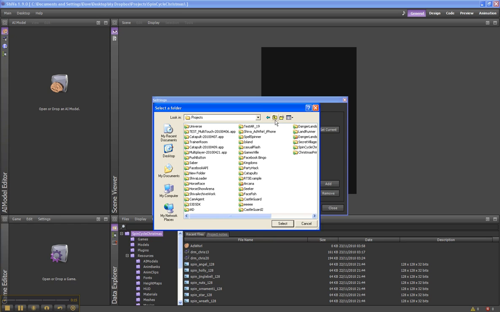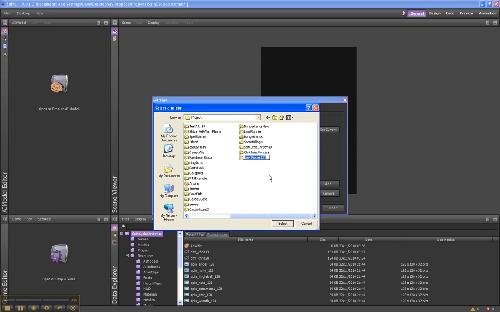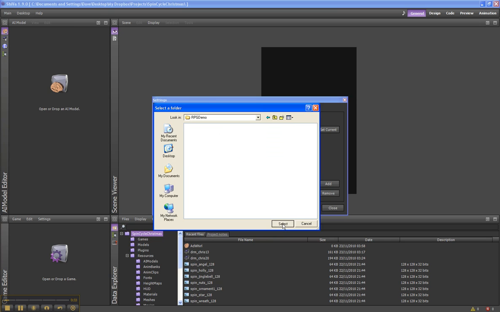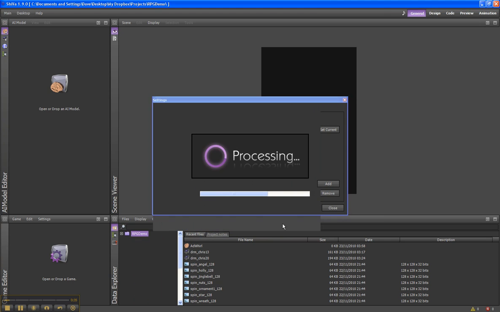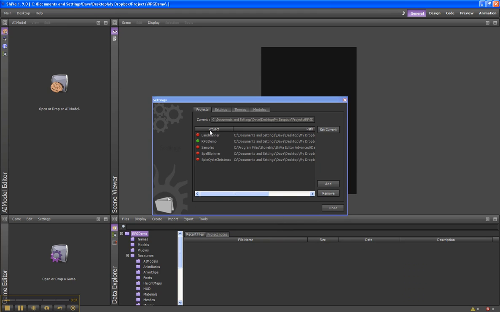I actually really like to use Dropbox to create project folders, because I use several different computers with Shiva on them, and when I do this, it syncs across all the different computers that I'm using. So it's actually really nice the way it works out. So the first thing I did is I set up a new project folder,